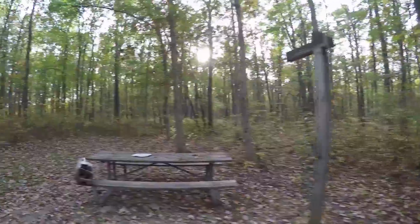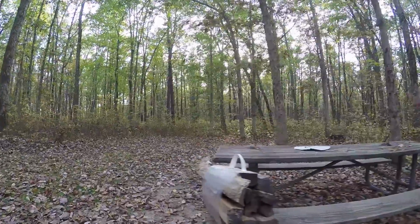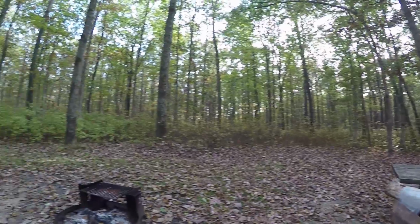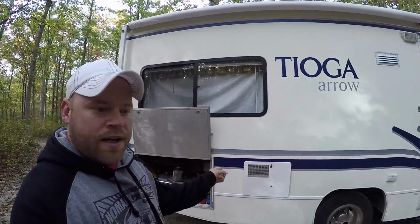They also have no burn ban right now in New Jersey, so I got a bundle of wood. I have a fire pit here. I've got the water heater on right now. Even though I don't have total full hookups here, it still means that I can pretty much take an unlimited hot shower, which is going to be nice. I don't have to worry about running out of water or anything. I can use all 42 gallons that I have, and then,